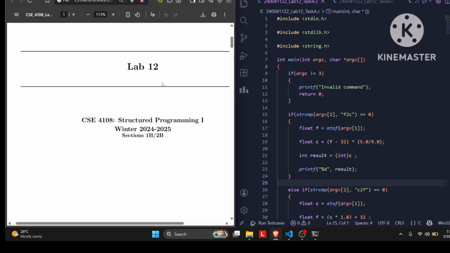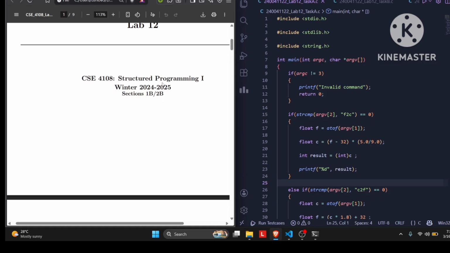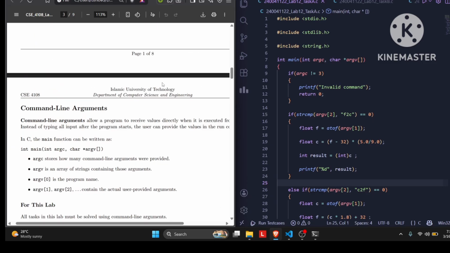Here is my lab task for 12 number lab, which was actually performed online. That day I submitted only lab task B, but I couldn't run that in the terminal. So today I'm submitting all three together with the execution and the explanation. So if I start from lab task A,